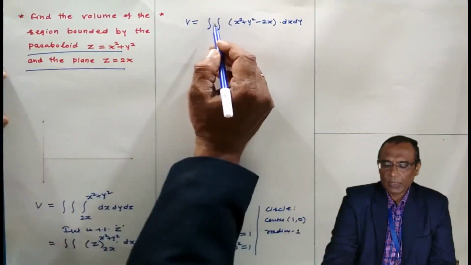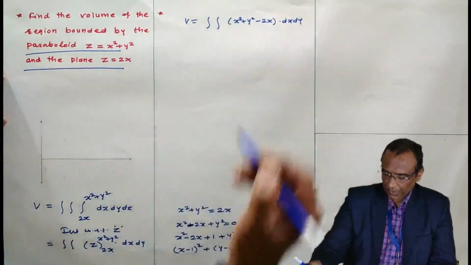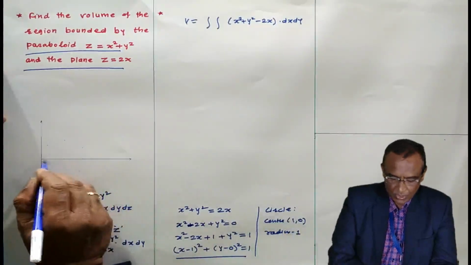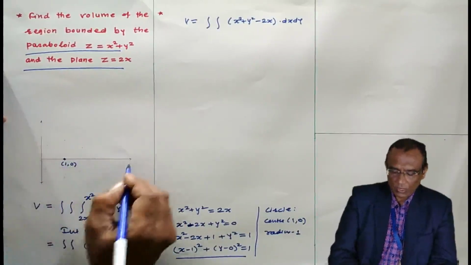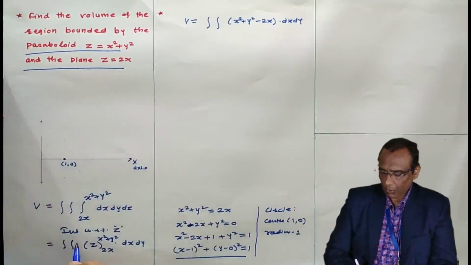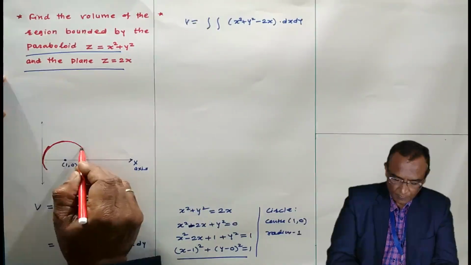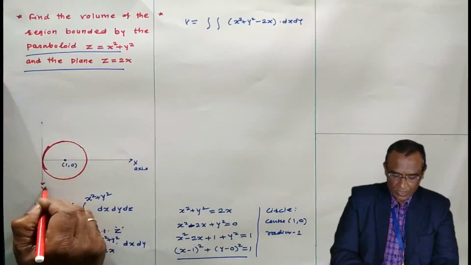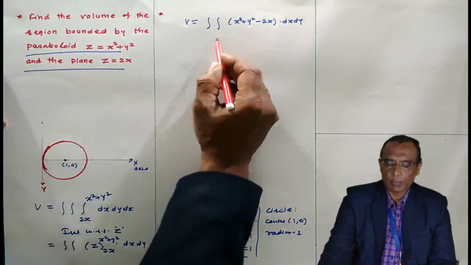Now you can evaluate this in either the Cartesian frame or the polar frame, it is your choice. I am going to convert it into the polar frame. This circle I am going to draw on the sheet. When you draw a circle, we have to plot the center. The center is (1, 0), and it lies on the x-axis because the y coordinate of that point is 0, and the radius is 1. This much distance is 1. The y-axis is the tangent to this circle. Now on this circle, I am going to evaluate this double integral.